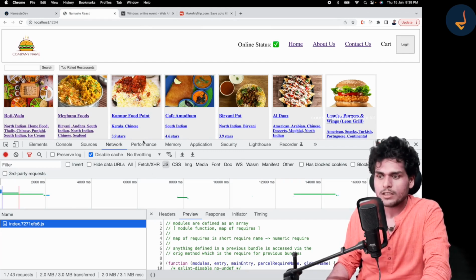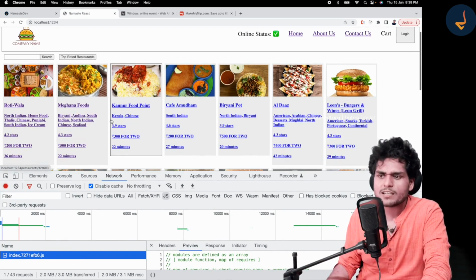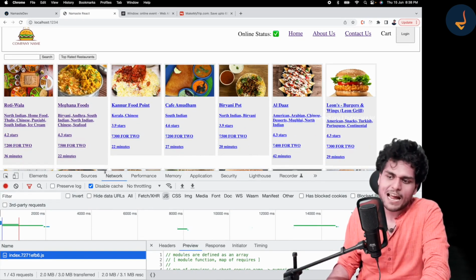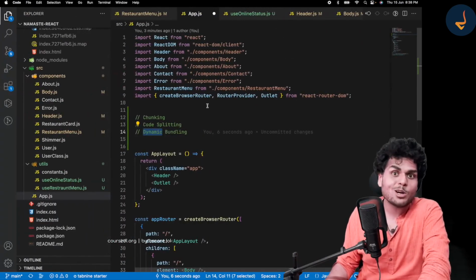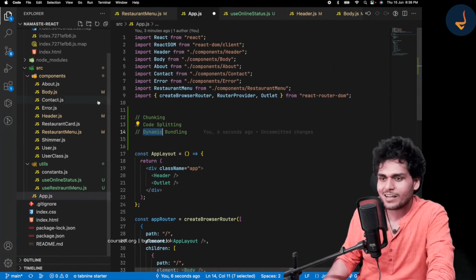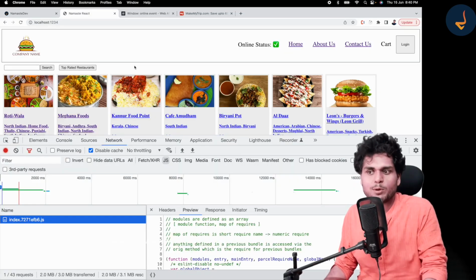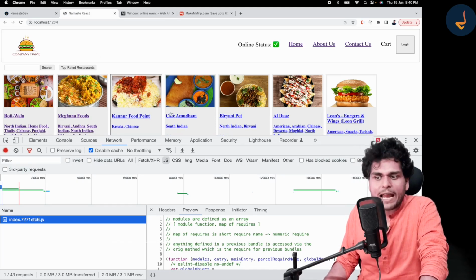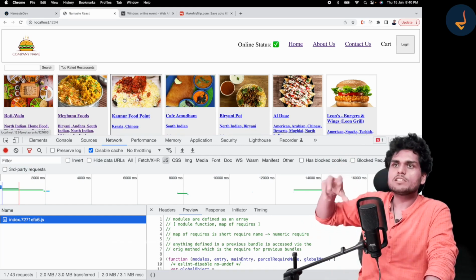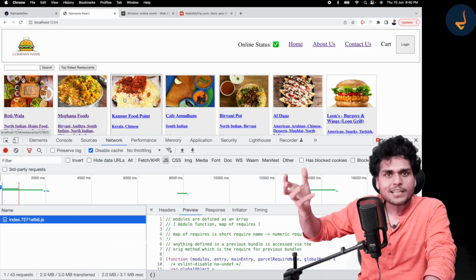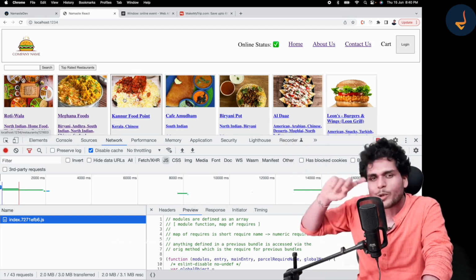First of all, let us find out how we can build these logical bundles in our app. Right now our app is very small, and I don't see a need for bundling it, but I want to teach you bundling. So let us assume a hypothetical situation where our app is not just delivering food, it also starts selling maybe groceries, just like Swiggy has Swiggy Instamart.